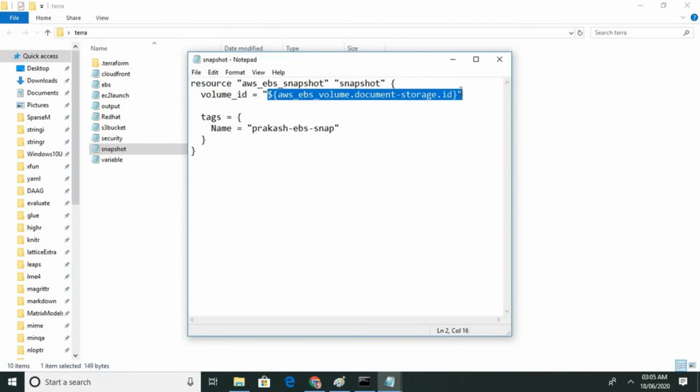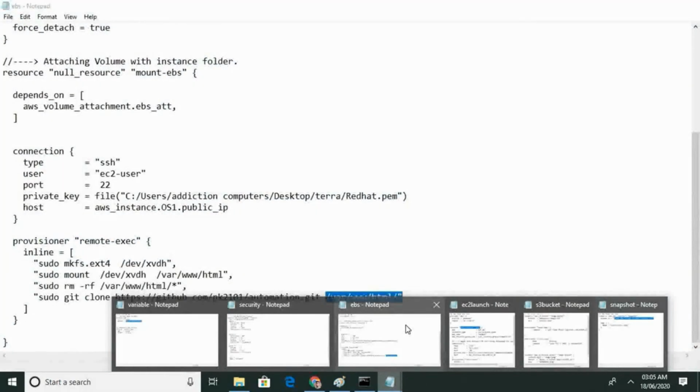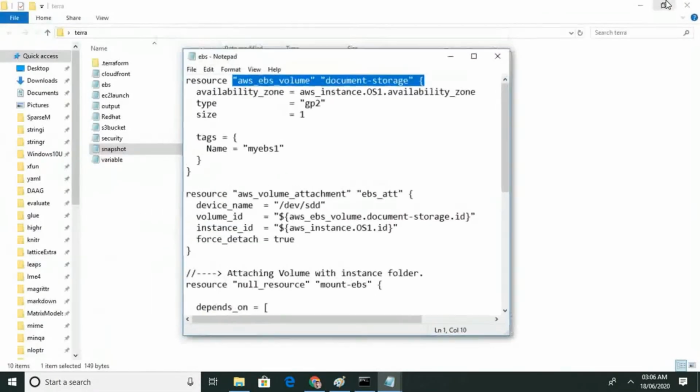I have to create a snapshot of this volume. You can see here, this is the name, the same name you are going to see here.